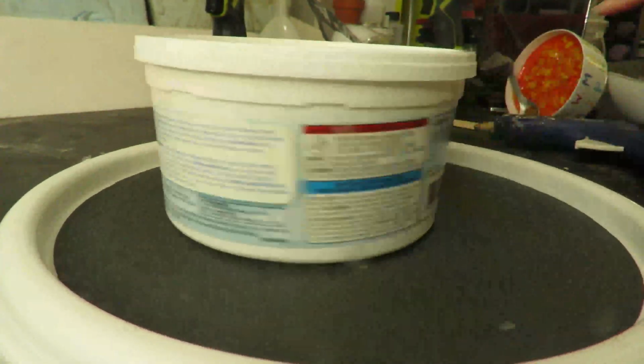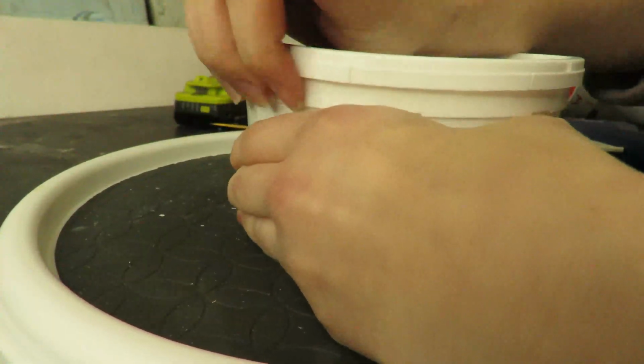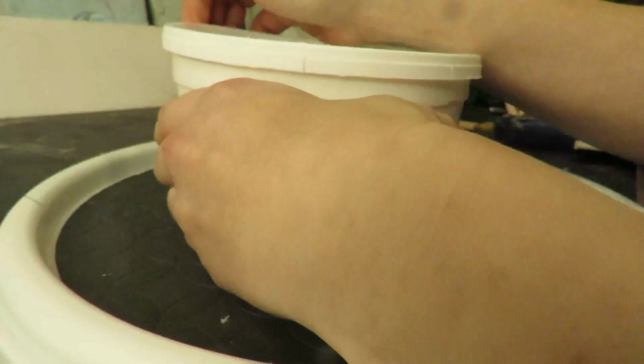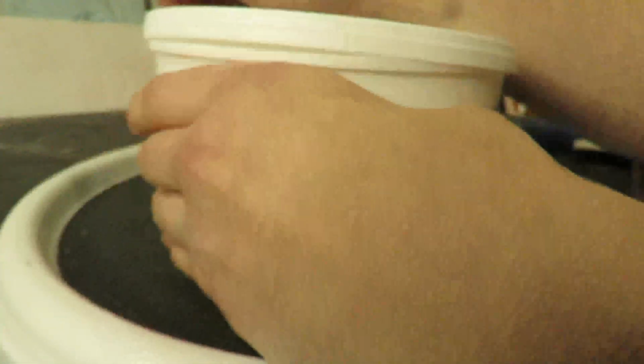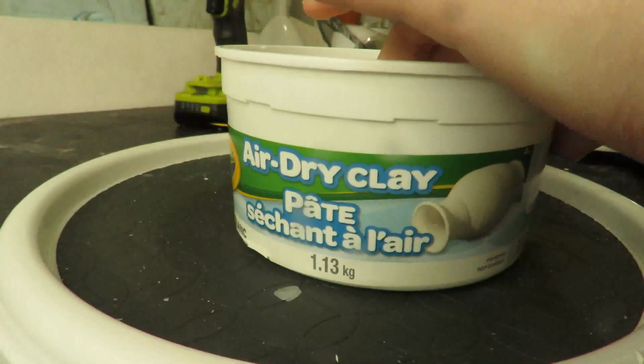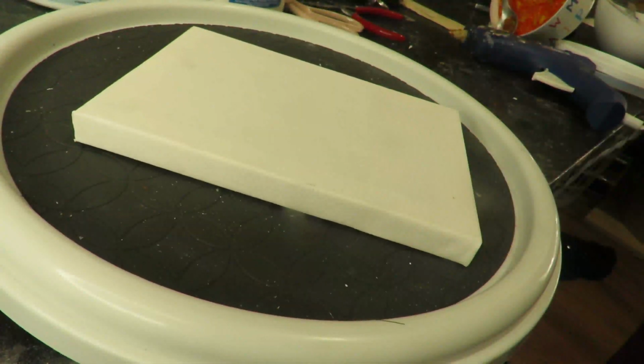Hello. Alright, so starting off with literally the worst air dry clay I've ever worked with, Crayola air dry clay. Too bad I bought literally tubs and tubs of it before I realized I basically hated it. So now I'm just trying to use it all up. Grabbing it by the handfuls and kneading it between my two hands